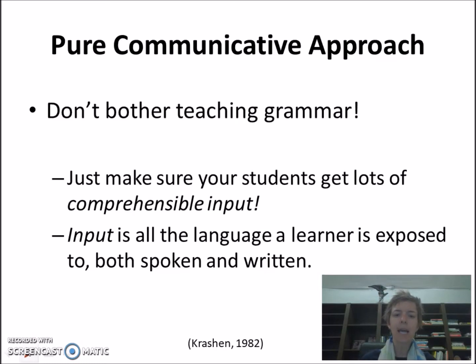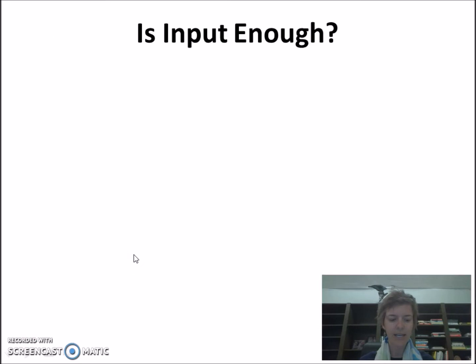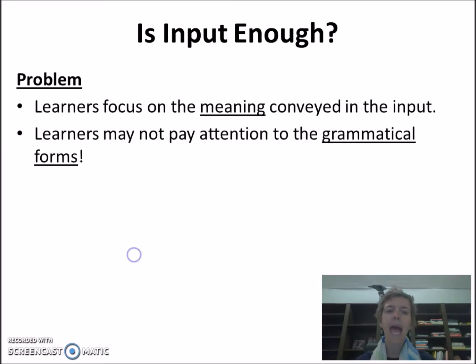So this is the idea that with lots of input, specifically comprehensible input, which means input that is just above the learner's level, learners will naturally acquire the grammar. And teachers who adopt this definition assume that students will just absorb the grammar rules through communication activities. But is input enough? As adult language learners, we tend to focus on the meaning of the input and not